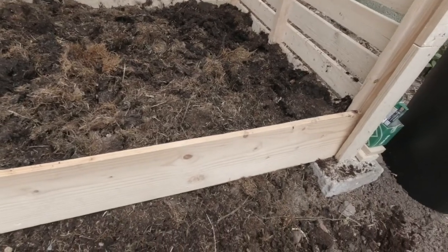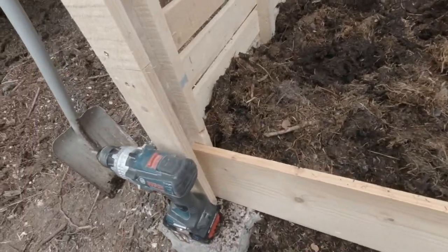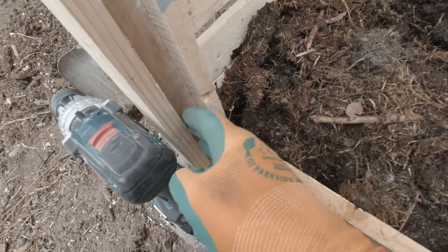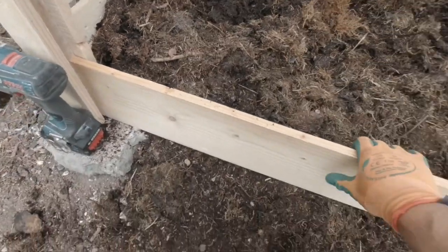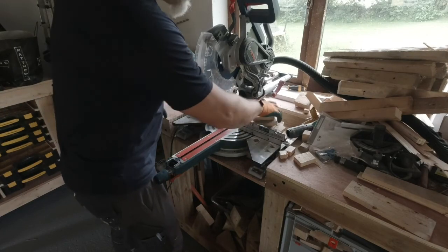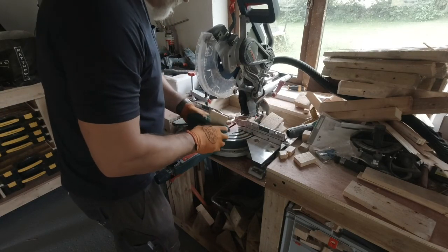So the next board will have to go in at some stage, and because of course they sit in loose here, what I want to avoid is that they start shiplapping each other. So I'm gonna have to make myself some spaces. Now I've got plenty of cut-offs. These two seem to have a good size,